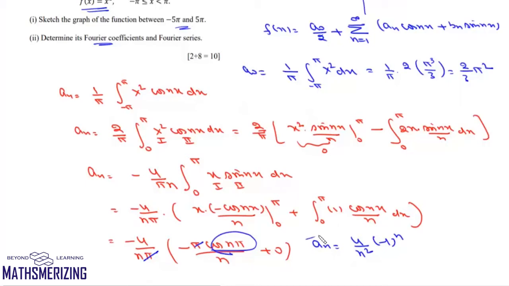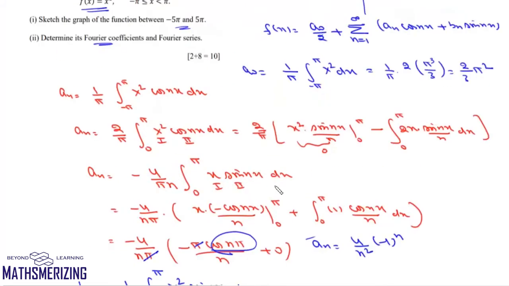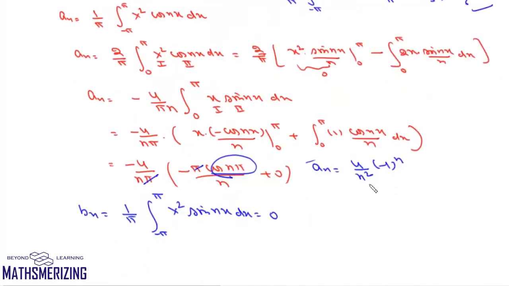And the same way we can find bn, and bn will be 1 upon pi, this integral from minus pi to plus pi x square sin nx dx. Now again we'll use by parts, and if we solve it, you'll get the value of bn as 0. So now we have all the three coefficients. So value of a naught is 2 by 3 pi square. The value of an is 4 upon n square minus 1 to the power n,